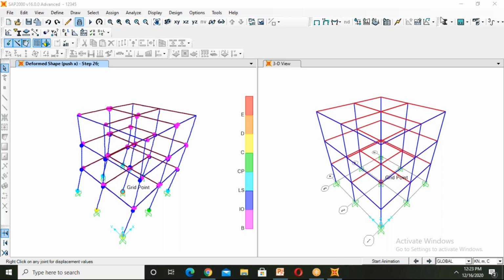Because the concrete design is also there. After completion of this analysis, we'll go with the concrete design. Concrete design in this session means getting the area of steel for the sections which are analyzed. I have explained that also; we have just designed.